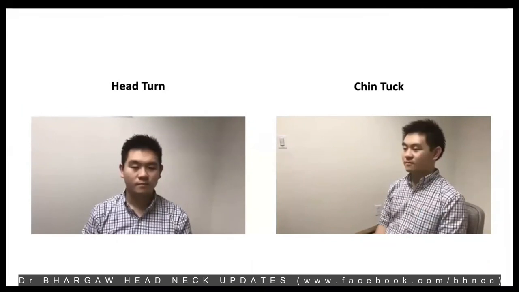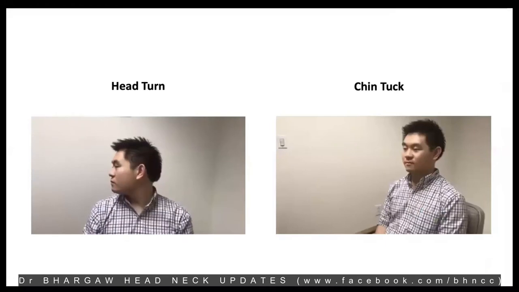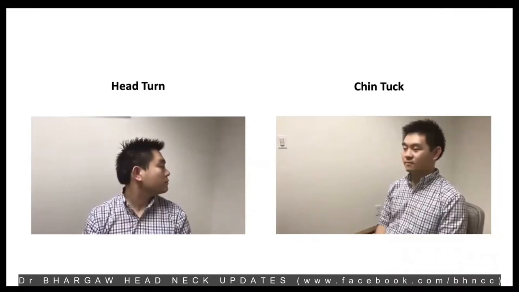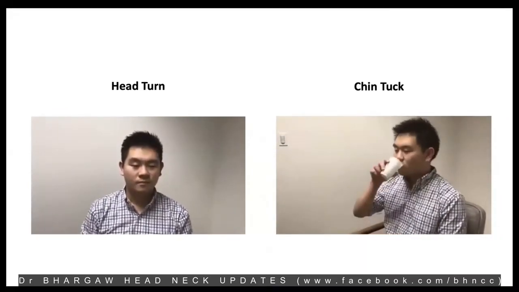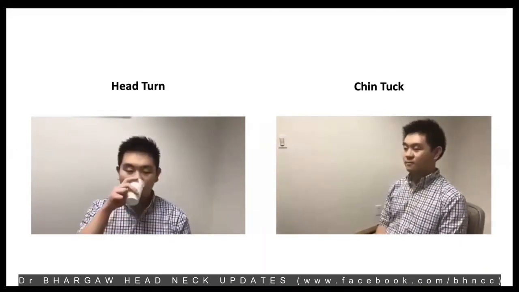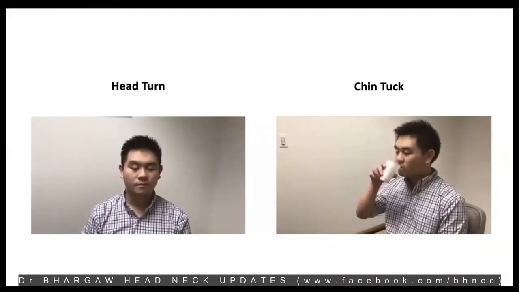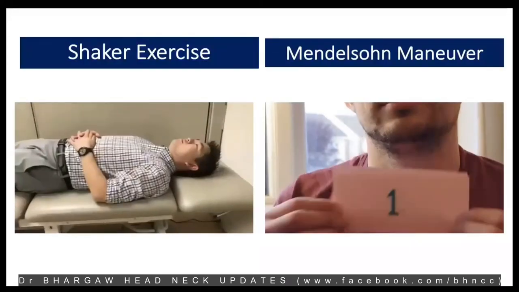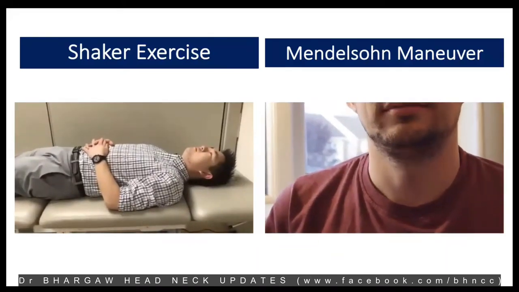So if a patient has undergone radiation for hypopharyngeal cancer, the maneuvers we try include the head turn maneuver, where we ask the patient to turn the head towards the opposite side and then swallow. So you channel the food bolus down to the normal or the opposite side and get them to swallow, because the other side would usually be fixed or immobile. Chin tuck also helps with higher laryngeal elevation and opening of the cricopharyngeal sphincter. So you can advise the Shaker exercise and the Mendelsohn maneuver.